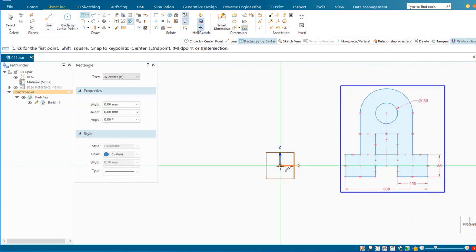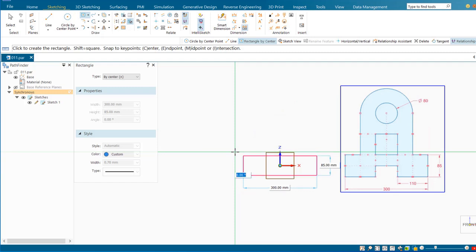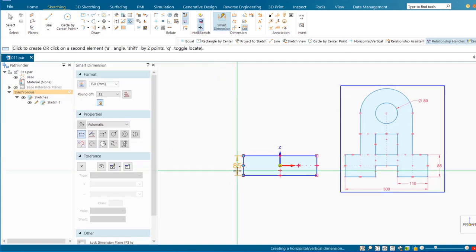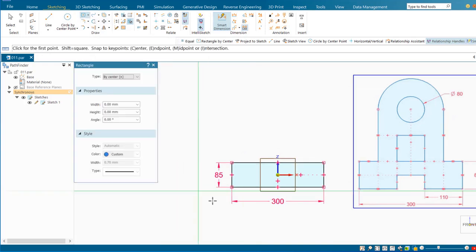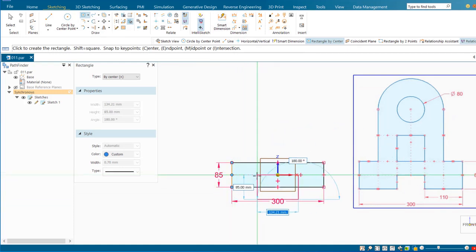And then I'm going to go right to the center of the axis, and I see that rectangle is 300 tab by 85. I'll accept that. So I'll add a couple of dimensions on there to lock that down. Then I see the next rectangle by center is at the center of that, and it comes up to that height right there. And if that's 300, that would be 110, 110, 220, and that would be 80 wide tab